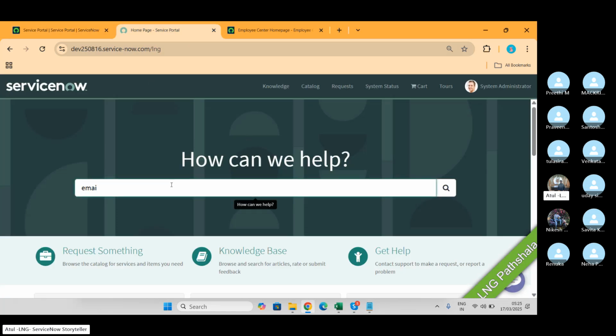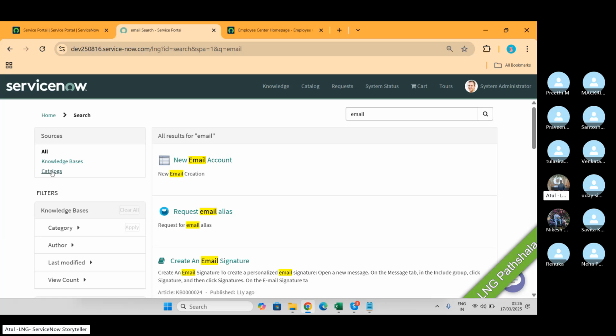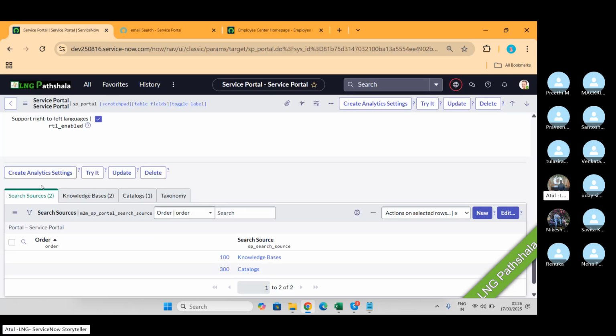Let's say email. You're able to see the result from the knowledge base and the catalogs. These 2 things have been configured under the search sources, that is, where to go and search.